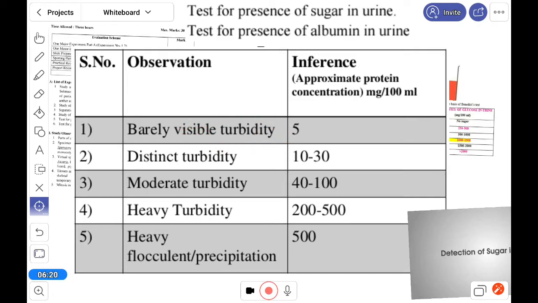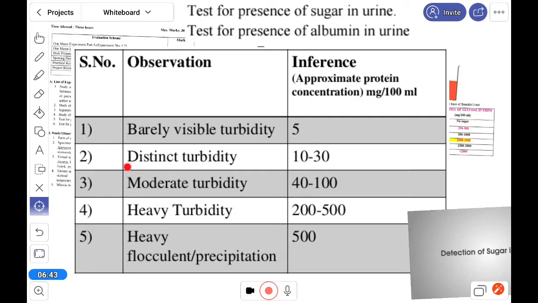Turbidity shows how concentrated it is. Here it is about 5 to 6 milligrams per 100 ml, which is normal in every urine sample.